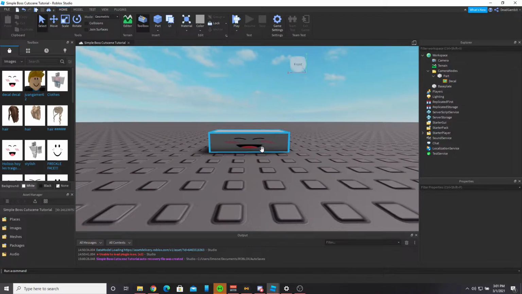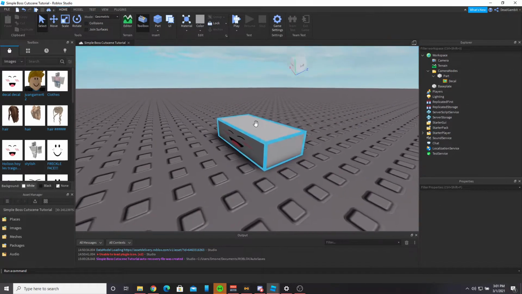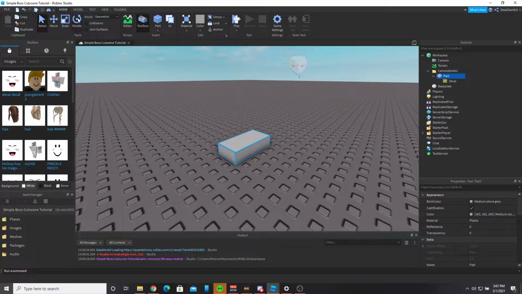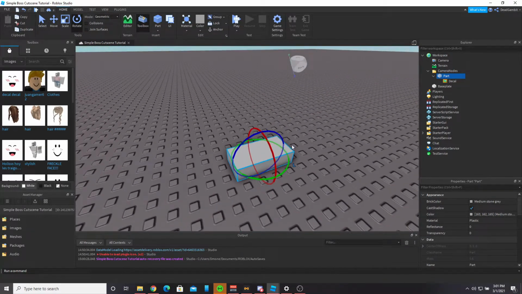But anyways, the reason why I inserted a part is because this is what your camera is going to be directed to. And based on where this part is facing, that is where your camera will be facing. The camera angle will be facing. So if it's